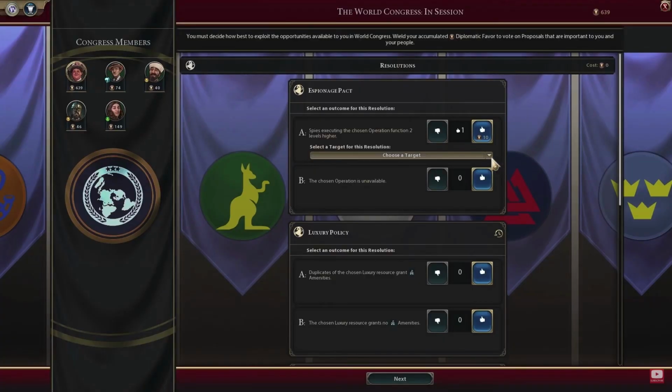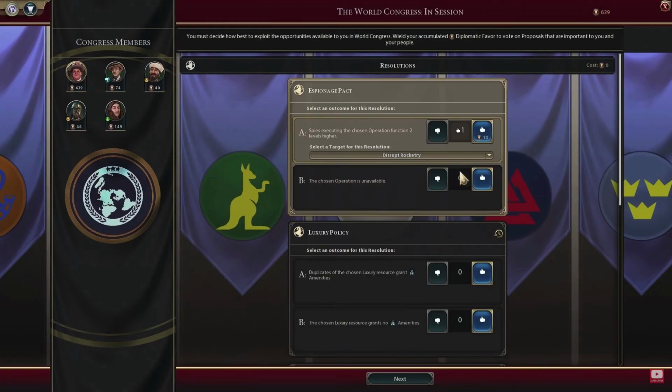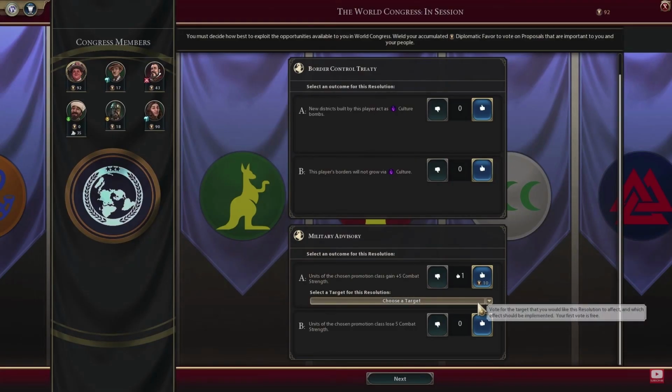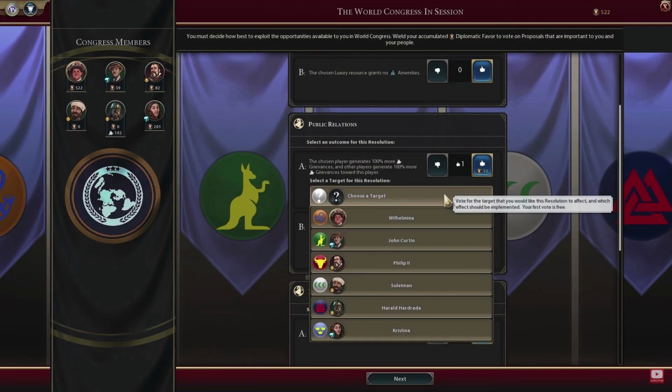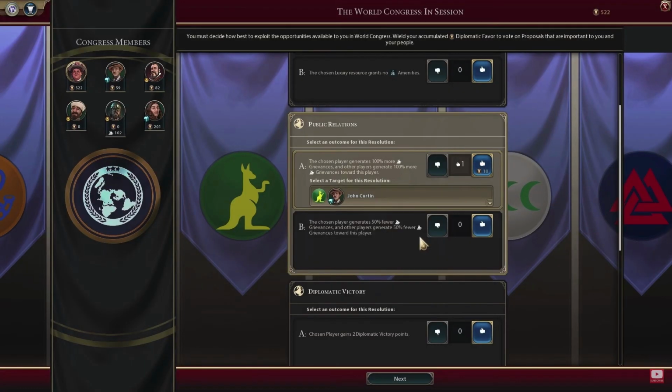To give World Congress a bit more variety, we've also added in 3 new resolutions. Espionage Pact. All spies function 2 levels higher for the target operation, or the target operation becomes unavailable. Military Advisory. A target unit promotion class gains +5 combat strength or loses 5 combat strength. Public Relations. Target player and all players who interact with them get double or half grievances. This should lead to a diplomatic...